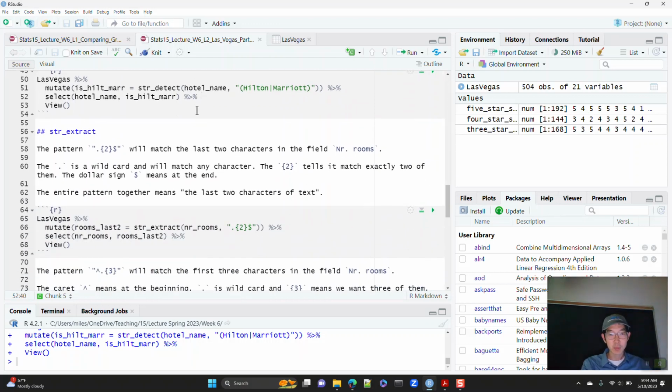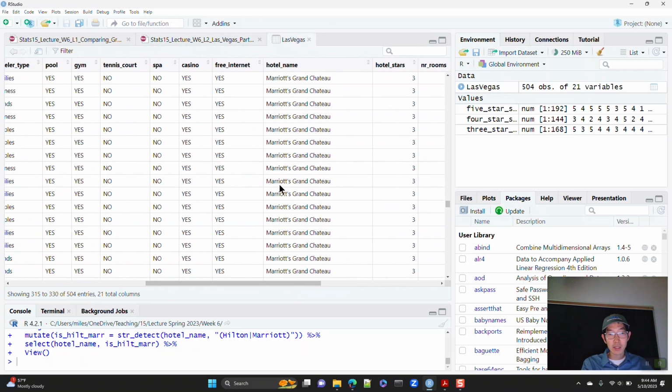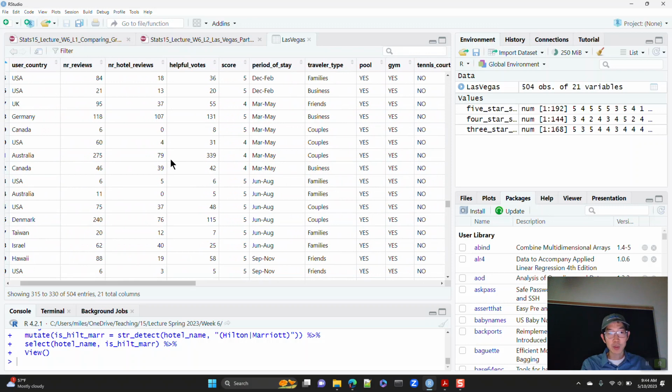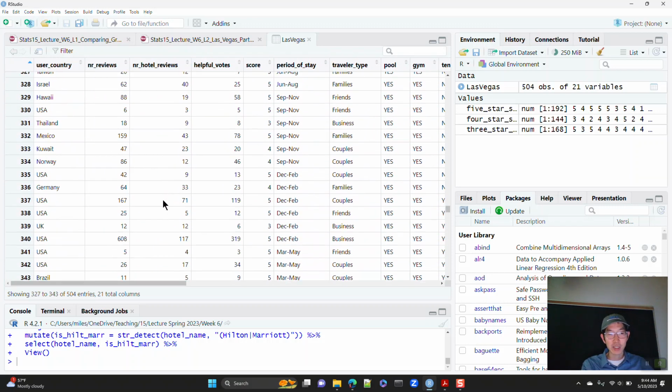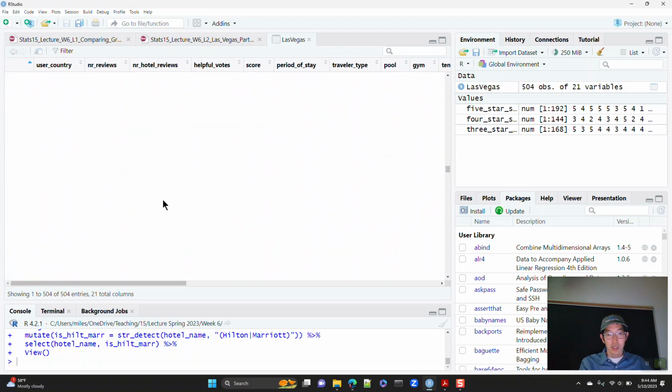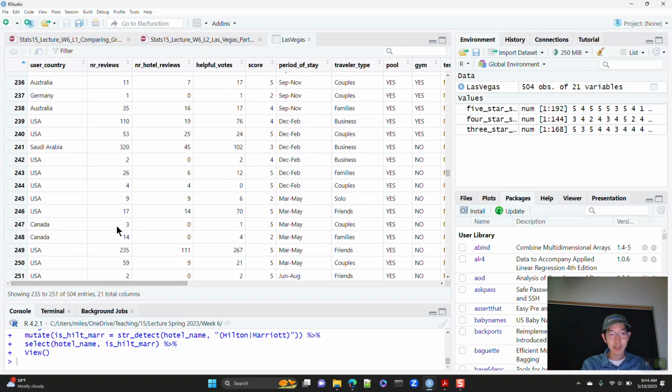Okay. If we look at certain variables, maybe we want to extract out certain things, like the last two letters or the first three characters.